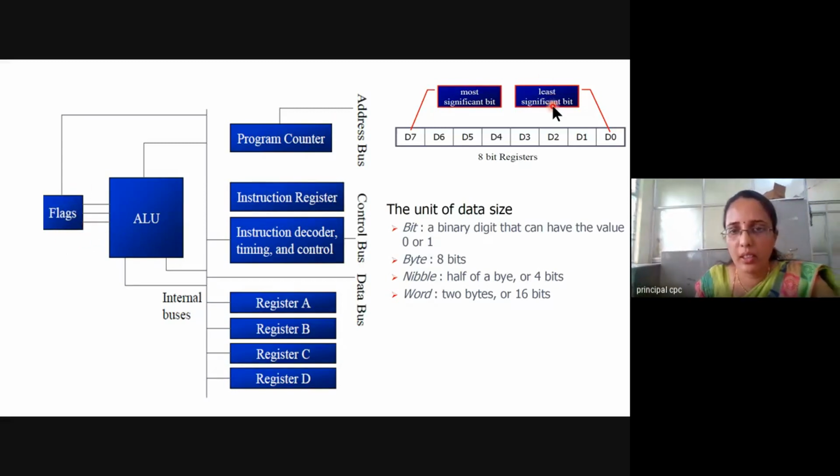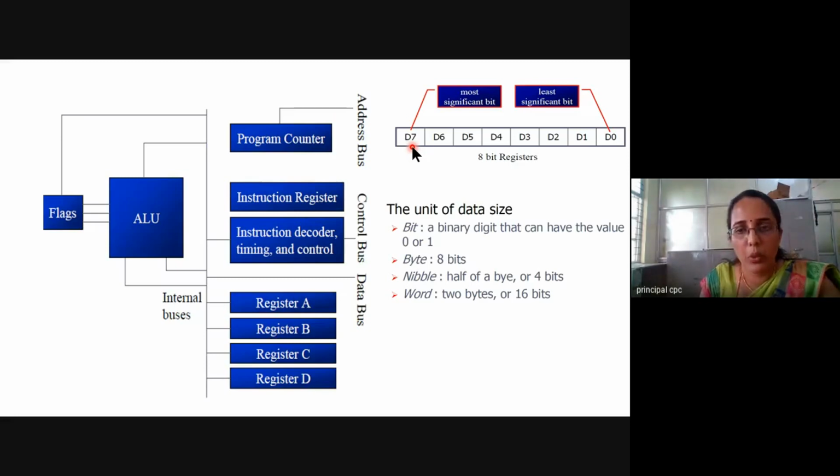In general, for example, if you have an 8-bit register, the D7 bit is considered the most significant bit and D0 is considered the least significant bit. And 8051 is considered a little endian architecture. Little endian means the lower order byte will be stored at the lower address and the higher order byte at the higher address. It is called little endian with respect to 8051, and you need to know these basic things.